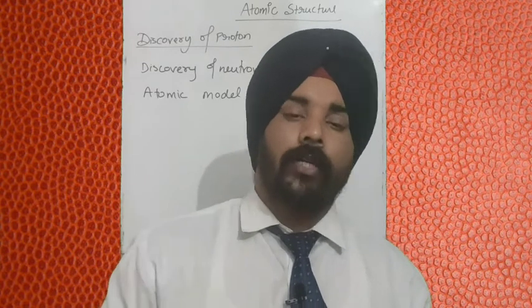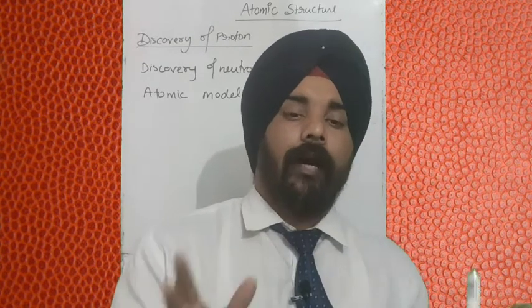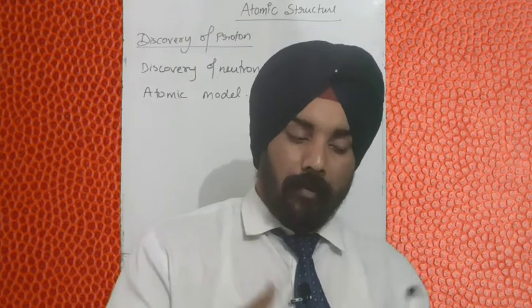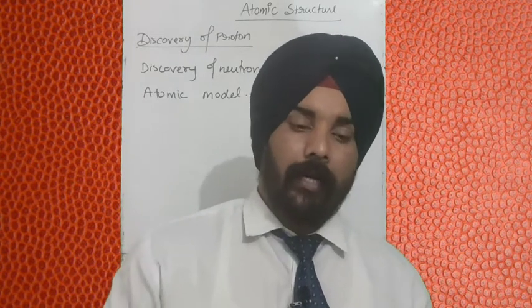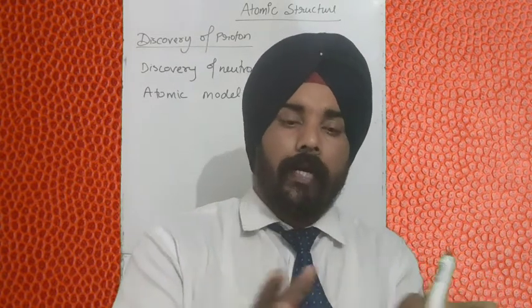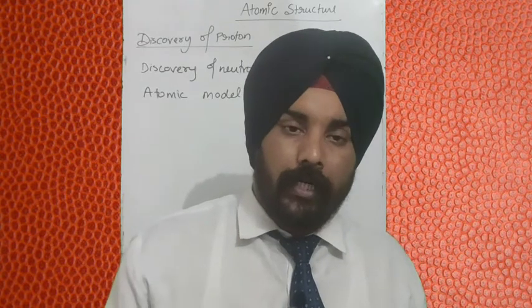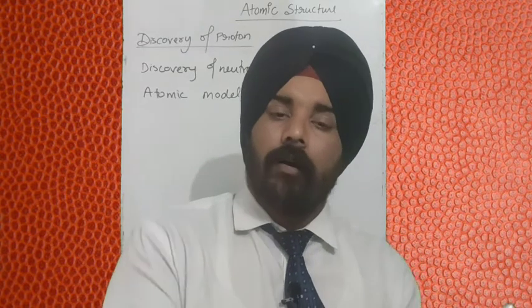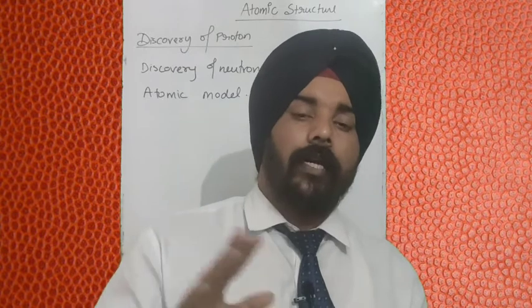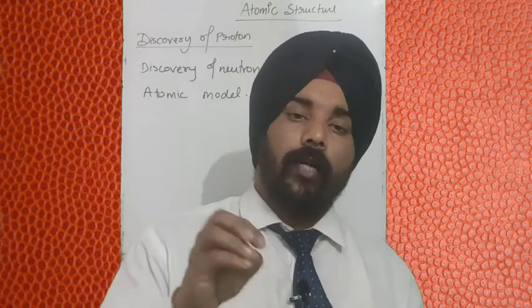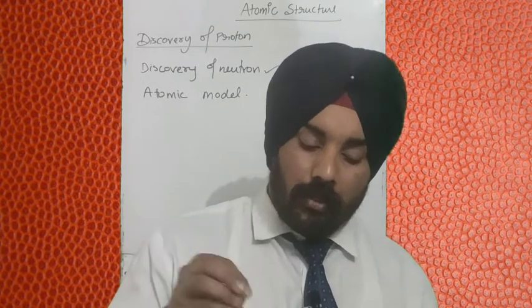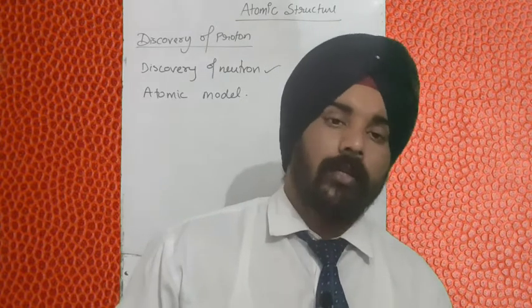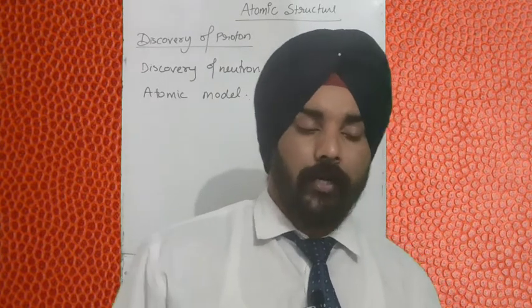That neutral particle, which did not have any charge, when an electric field and magnetic field were applied, was not deflecting to any side. That meant that it does not have any charge on it. Okay, so it was a neutral particle. So this neutral particle is called neutron. So this was the discovery of neutron.